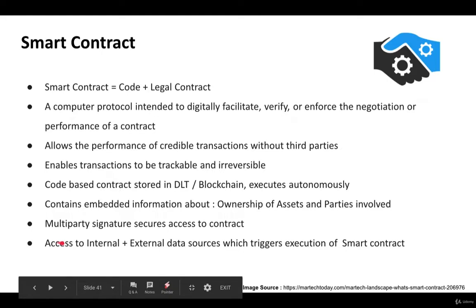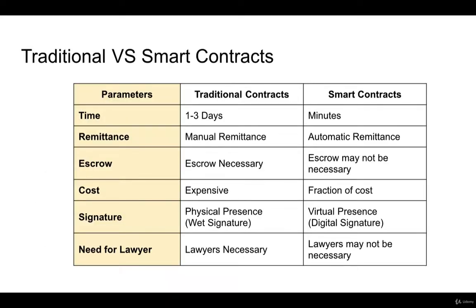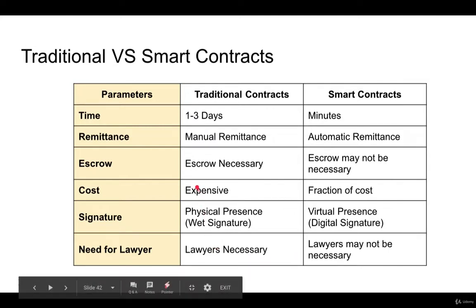So access to internal plus external data sources can trigger the execution of a smart contract. Now, to look further at what is the difference between a traditional contract and a smart contract. So typically speaking, as you can see here, if you look at the time, a traditional contract could take up to 1 to 3 days to be actually